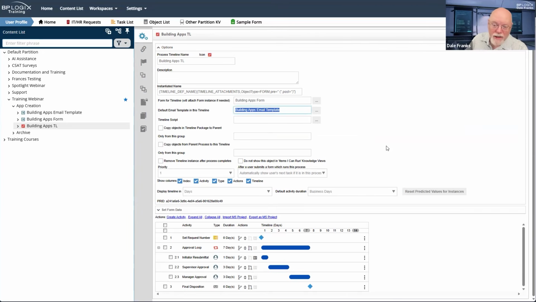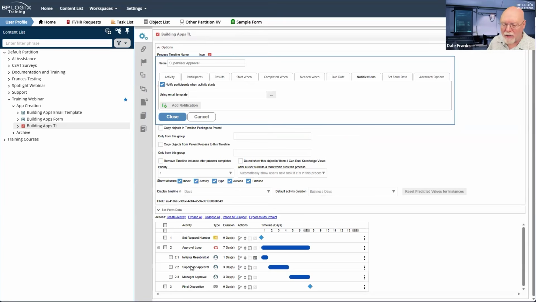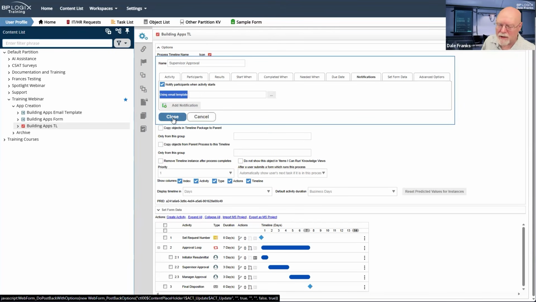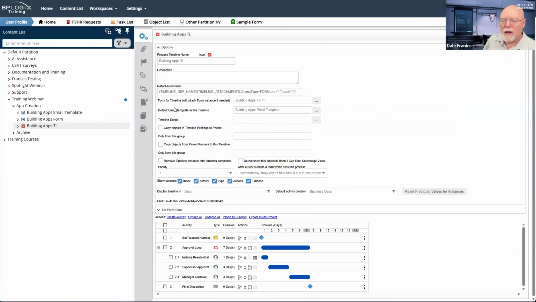You can still set the default email template, and yet for a specific activity, so let's go back down here to supervisor approval, I can still create a special template if I wanted, a different template than the building apps email template, and set it as the template for that activity. You have the flexibility of doing that, but in most cases, I would not say it's the vast majority of cases, but I would say in a majority of cases, you can get by with a single email template.